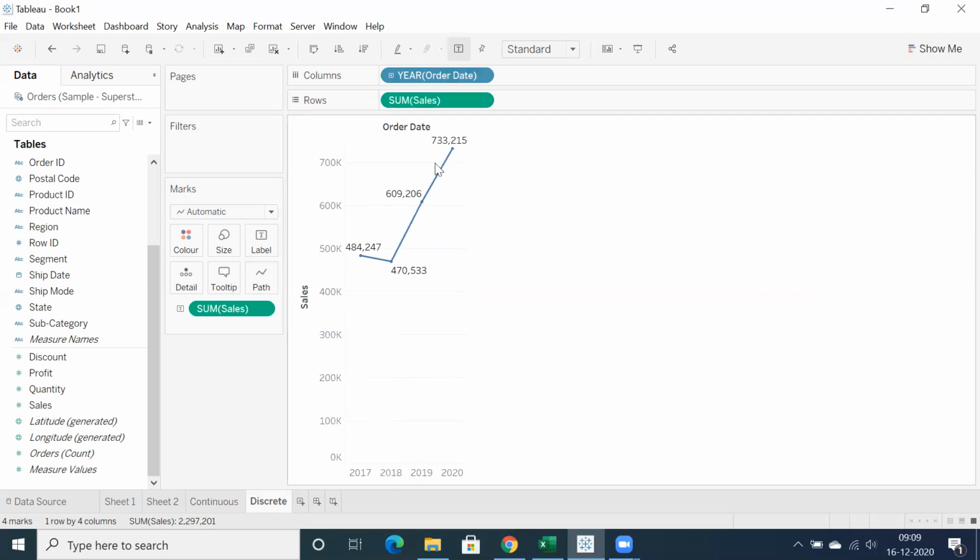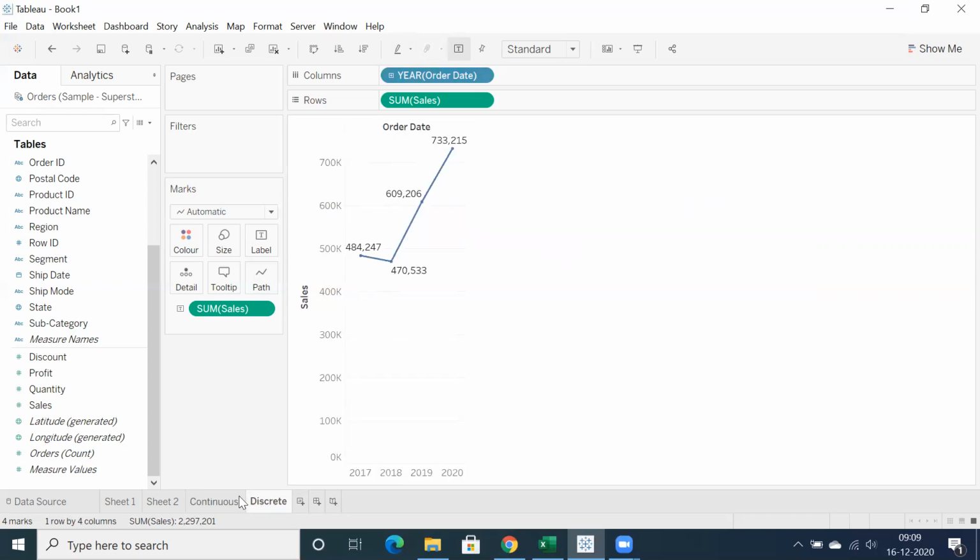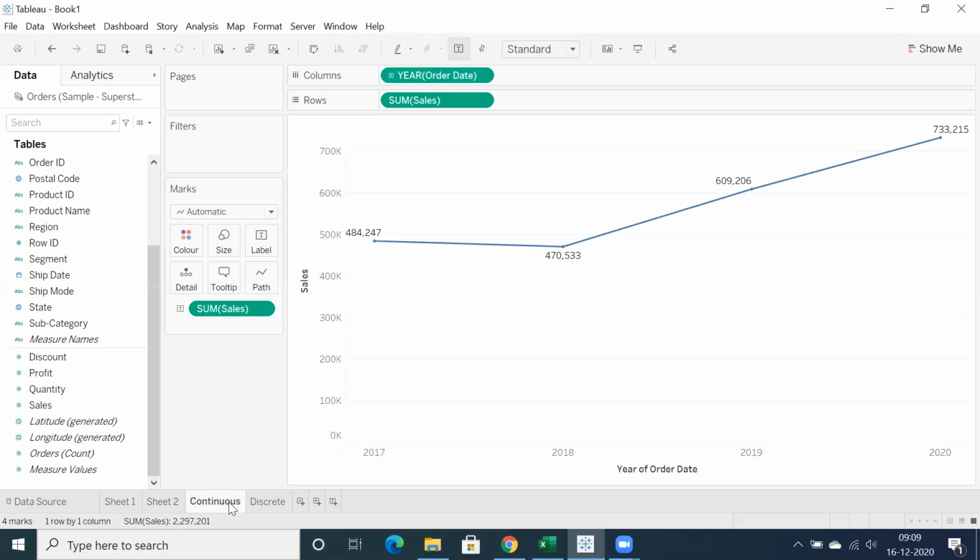No, just look into the data. Just look into the report and tell me the difference. What exactly is the difference you can see here? Okay, let me come back to this. You can see year of order date, correct?